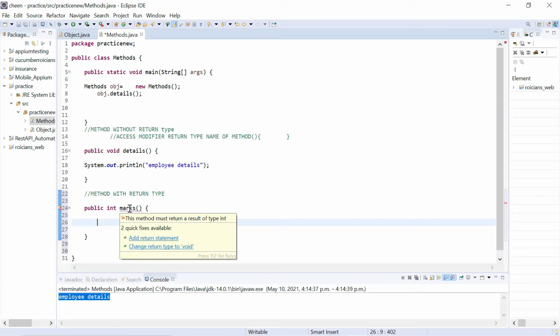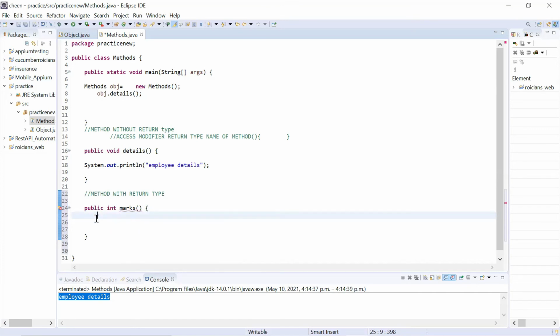But if you have provided a return type, that is int or any other return type, you must either add a return statement or change the type to void. I will let you know what a return statement is, but first let's write the body of this method.